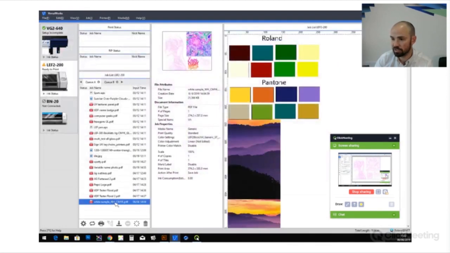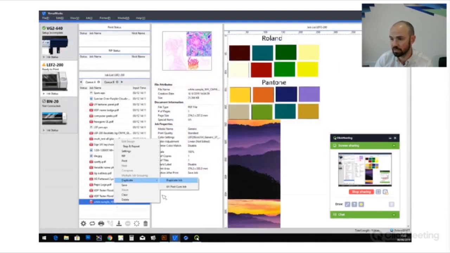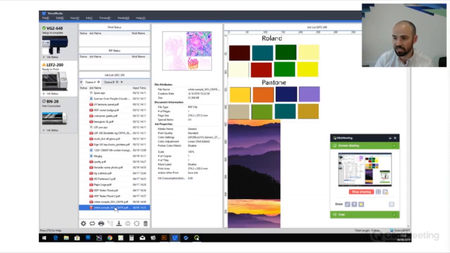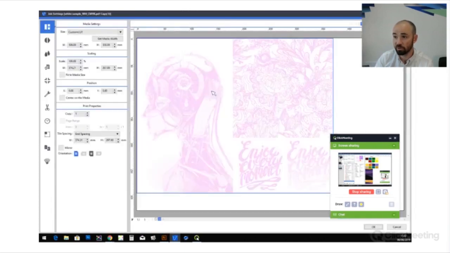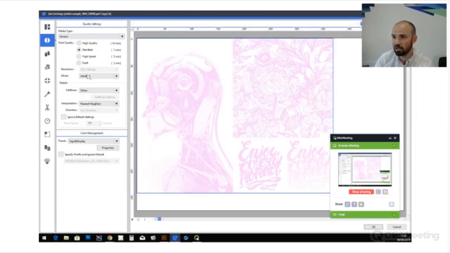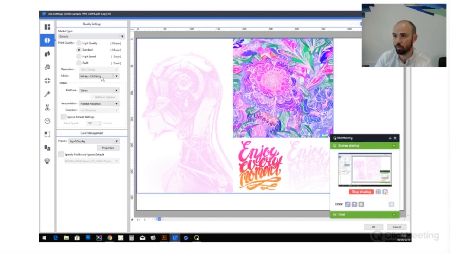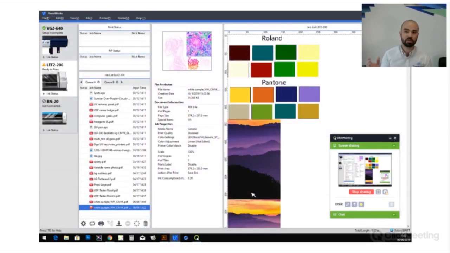What I'm then going to do is duplicate the job. And for the second job, so there's just a copy of the first job, this one is going to be white, then CMYK. And it's got exactly the same settings as the first job. So what that would mean is that I could print the first job white only, then I could print the second copy of exactly the same one, white and color, which effectively gives me a double hit of white before